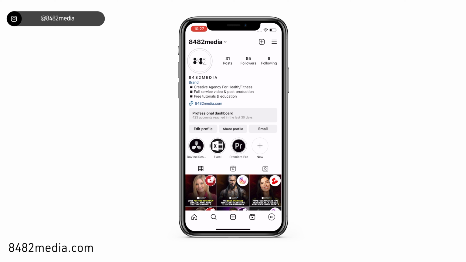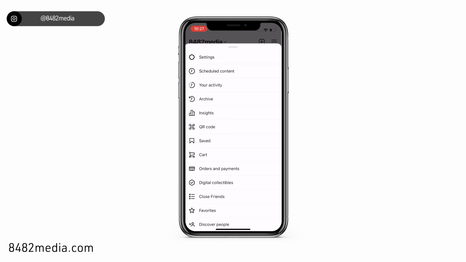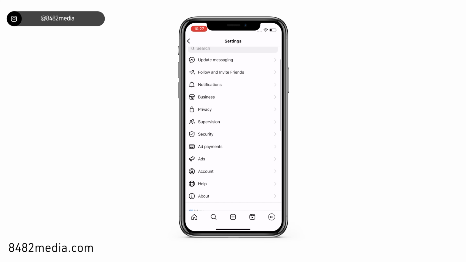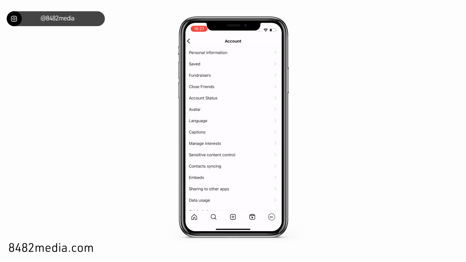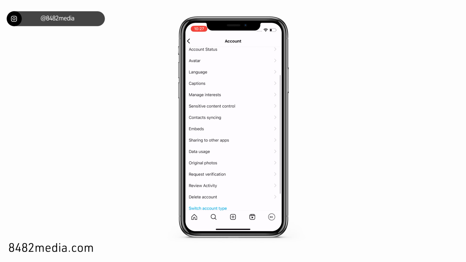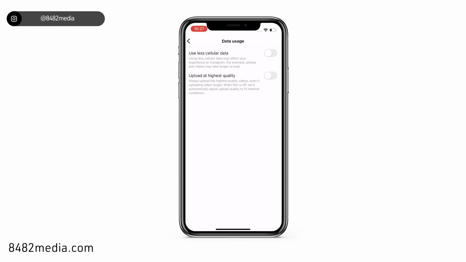at the highest quality. So starting from your profile, you can click on the bottom right hand corner logo to get there. We're going to come up to the top right and click on the three lines in the top right corner and go into the first option, which is our settings. Under settings, we want to scroll down and click account, and we are going to scroll down and then select data usage. Now we will have the option to select and turn on upload at highest quality, and this is